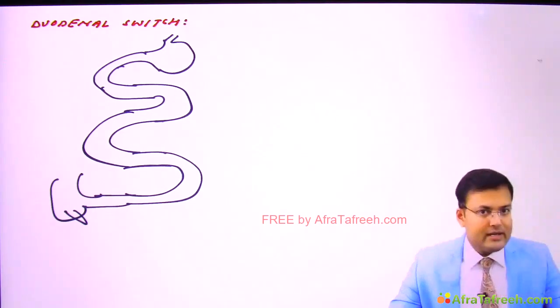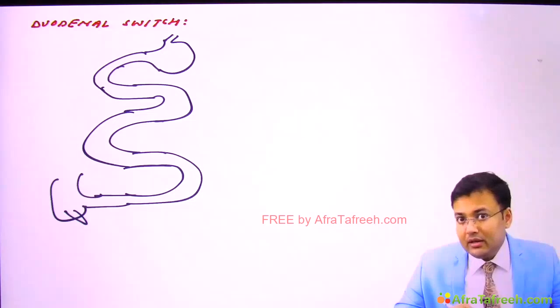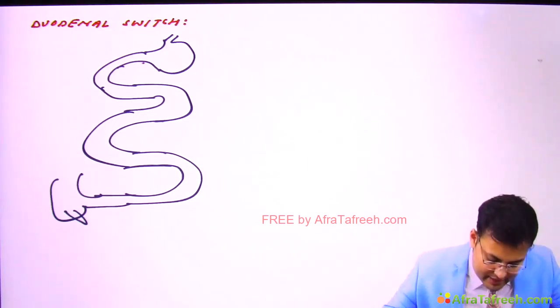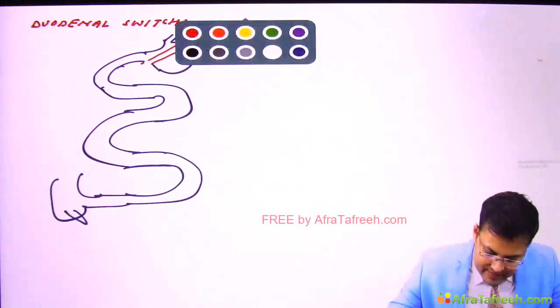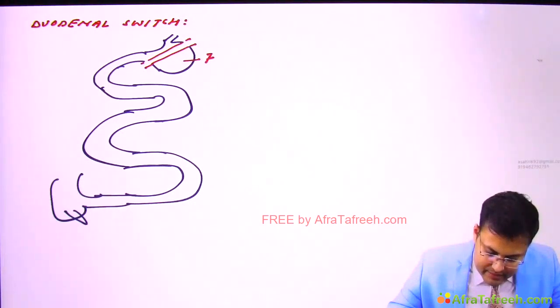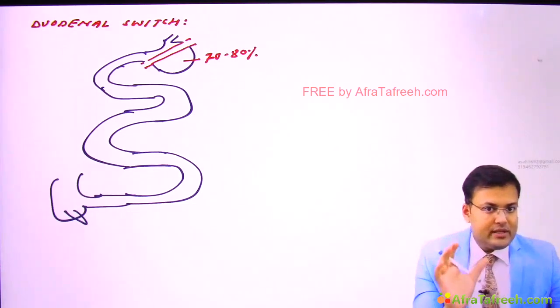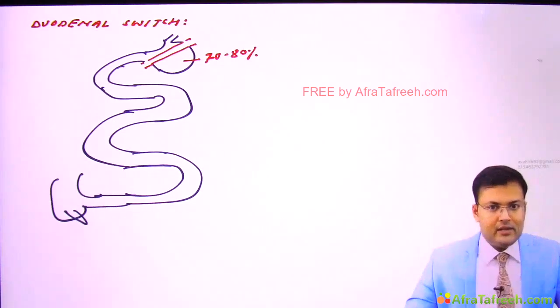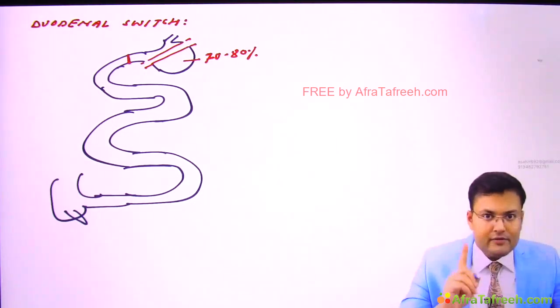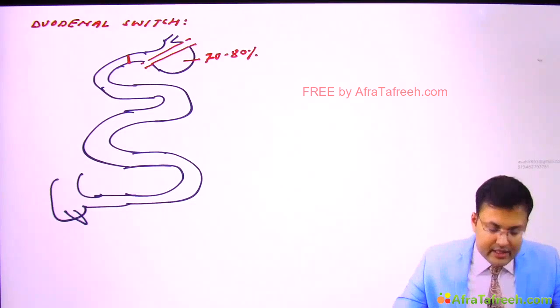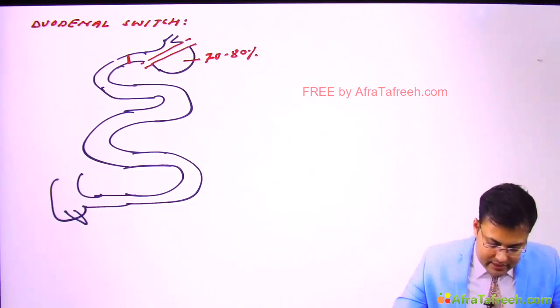In biliopancreatic diversion, we were performing the distal gastrectomy, and here we are performing sleeve gastrectomy. Clear? So in sleeve gastrectomy, what are we going to do? We are going to divide or excise 70 to 80% of stomach. So can you see? Here 70 to 80% of the stomach is removed, so only a sleeve of stomach is left. This is sleeve gastrectomy. After that, we are going to retain some part of the first part of duodenum. So retain the duodenum here and then divide it.